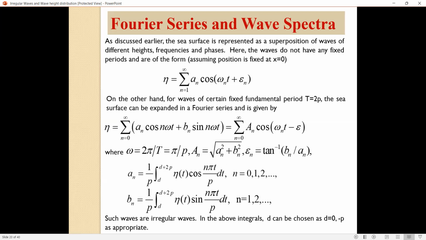I say for large values people tend to look at this coefficient. You just take 10 to 20 terms, just see that between n and n plus 1 the variation is small up to 3 decimals, after that you don't take. Physically that is possible, and you can do it that way in engineering. But mathematically, the Riemann-Lebesgue lemma says that a_n, b_n tend to 0 as n tends to infinity. And that n may be 20 or 30 depending on your convergence. That is the way we have to do it.